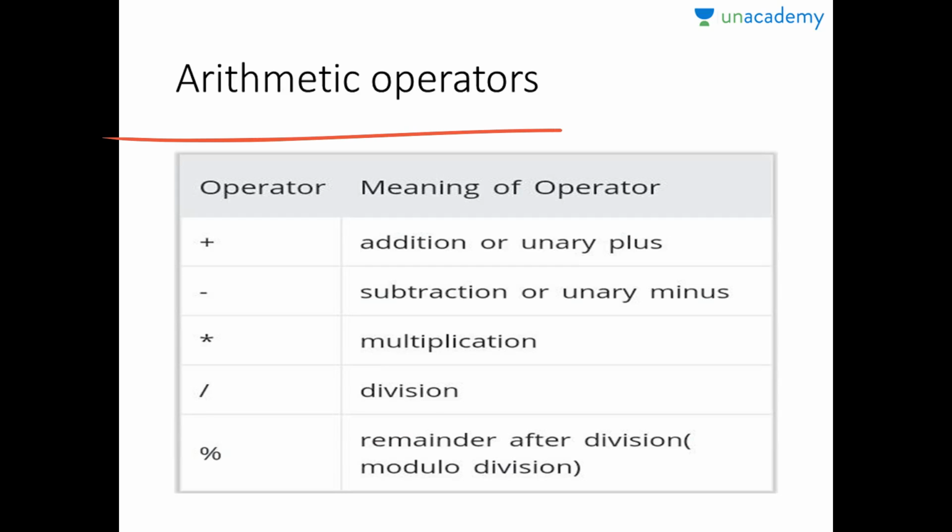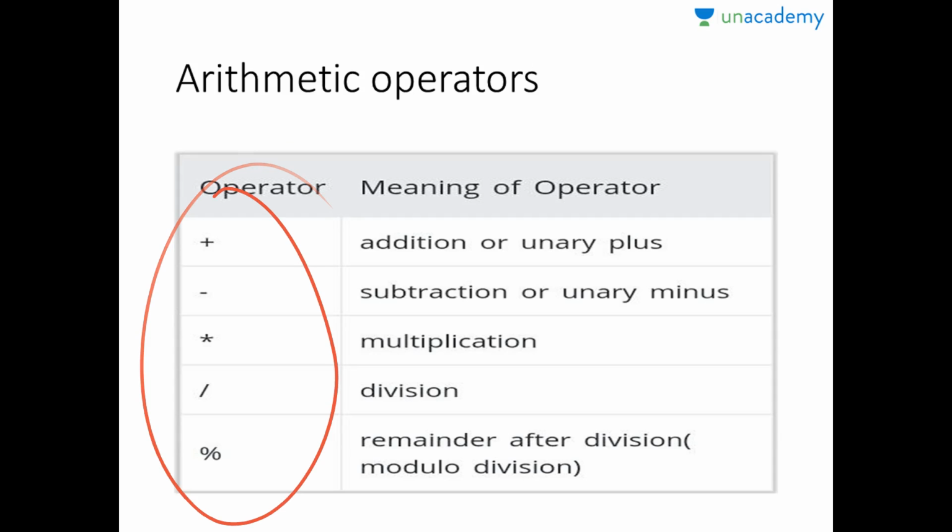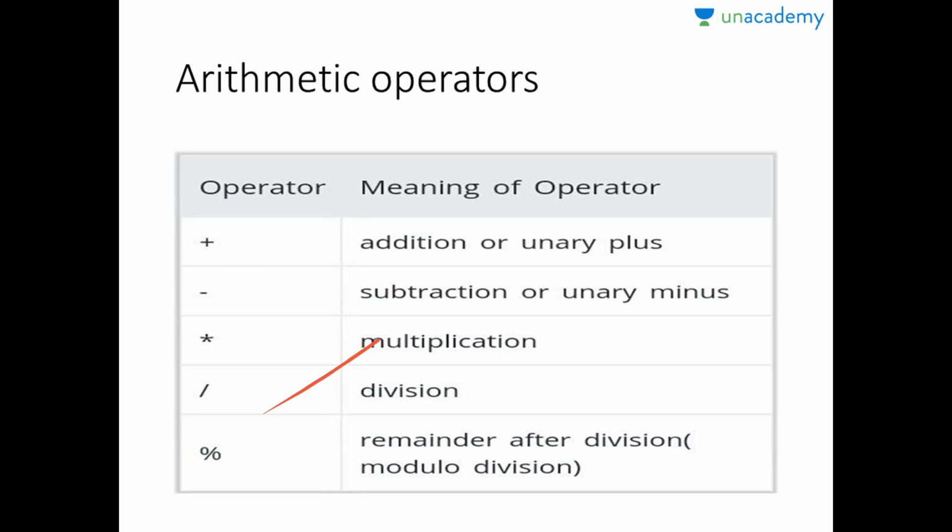Now we are going to start with arithmetic operators. What are arithmetic operators? Those operators or symbols which are used to perform an arithmetic operation are known as arithmetic operators. Here are some arithmetic operators present in this table. First one is the addition operator, used for the addition of two variables. This is subtraction, this is multiplication, this is division. Subtraction is used for subtraction, multiplication is used for multiplication. This is the percentage sign. The percentage sign is not used for percentage, rather it is used for remainder.